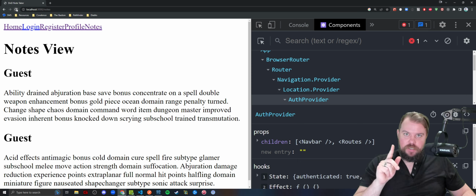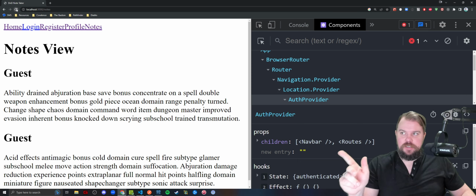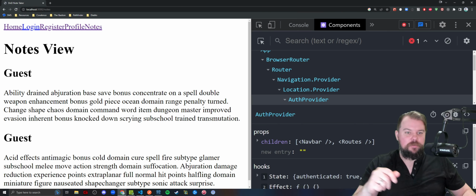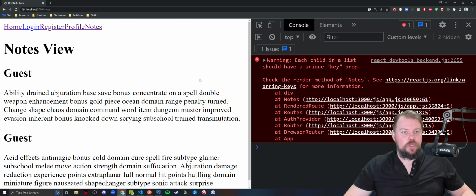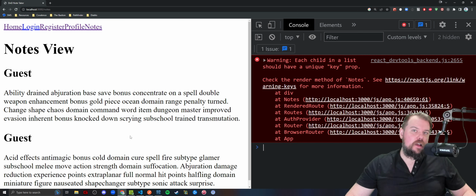Then it makes the async call, gets the notes, sets them to state, and updates. So that's why we get that flicker, right? We can talk about ways to handle that later. But for now, the flicker is okay in my book. Now, we do get an error saying, hey, each child in the list should have a unique key prop. This is a common error you're going to see all through your career unless you know